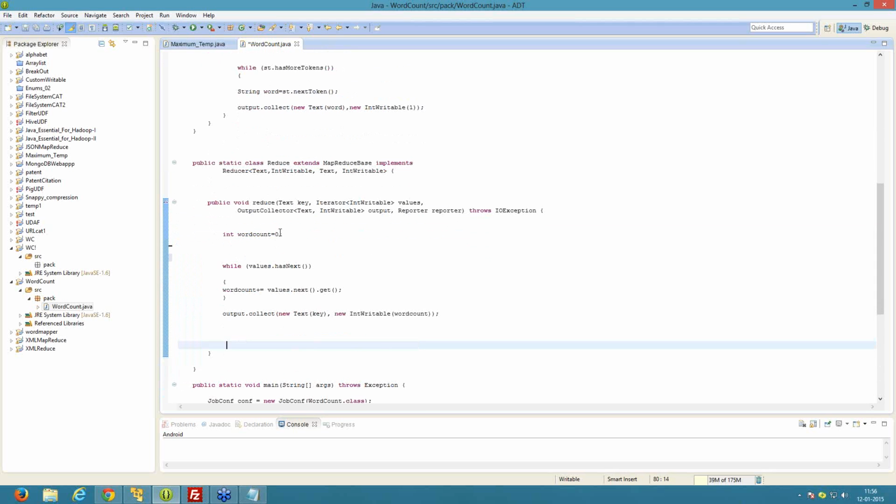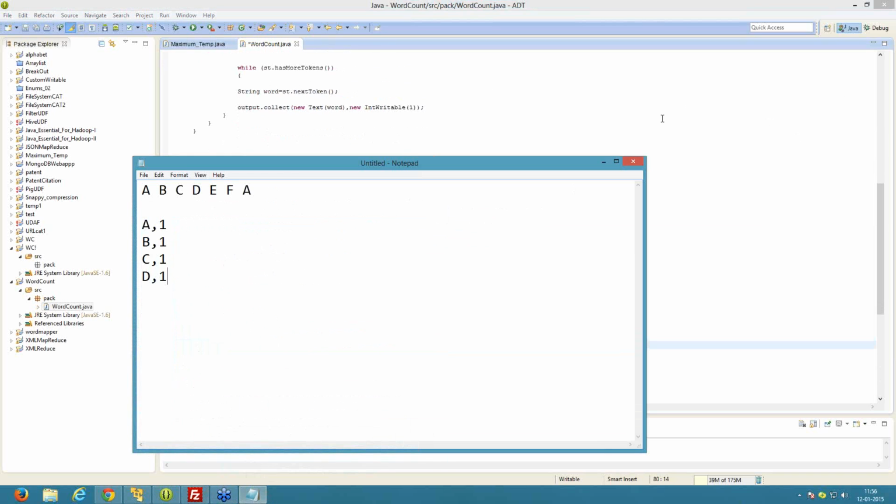Here, inside the reduce method, we have four arguments. The reducer takes the data in the form of a key and a list of values. It takes A as the key and the values as a list of values.